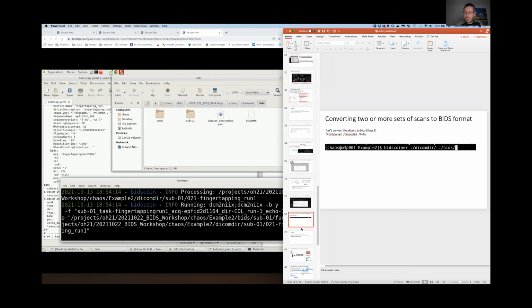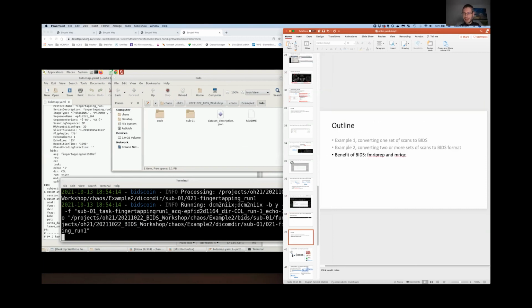It would take a couple of seconds. While this is computing, we have a quick question in chat. What modalities can BIDScoin convert? That's a good question. I tried functional MRI and structural. Are you probably referring to EEG, MEG, those kinds of things? Haven't tested yet. I'm sorry, I'm doing a lot of neuroimaging with this.